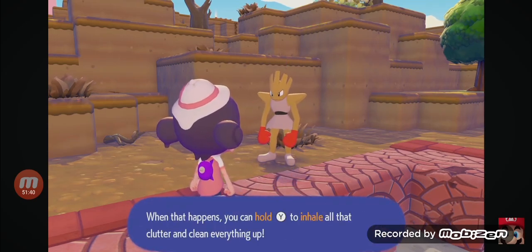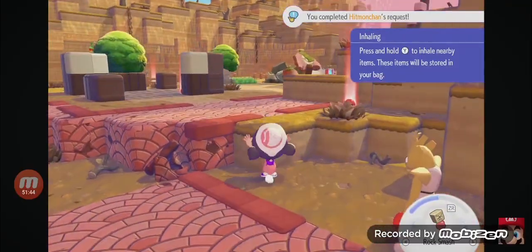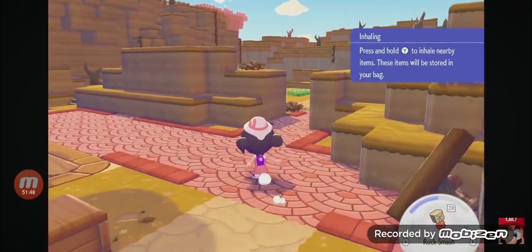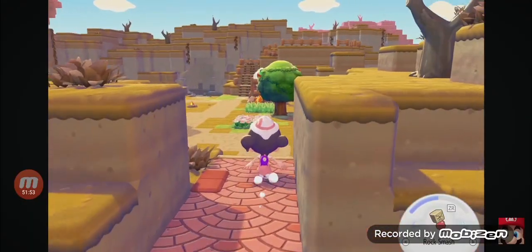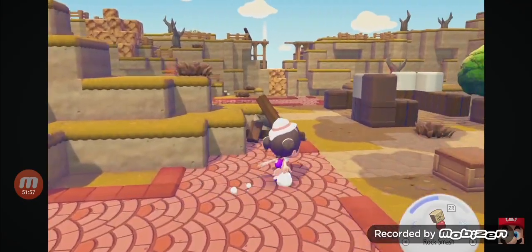Eager little Ditto, huh? I mean, wouldn't you use Rock Smash that way, too? Oh, that's true. Yeah. All right. You completed the request. You just see me punching a mountain all day. All right, I think we're almost done building that roof, garden. But I think...